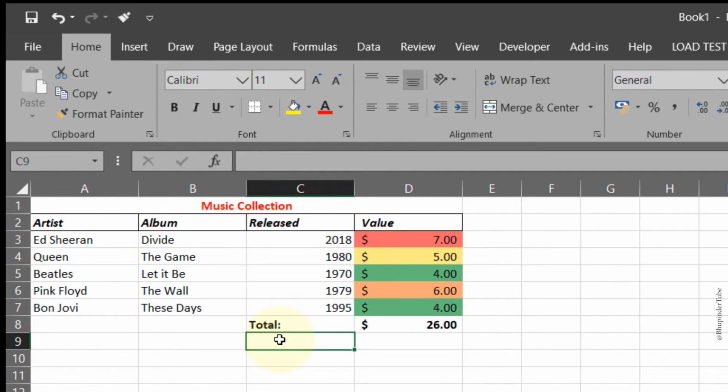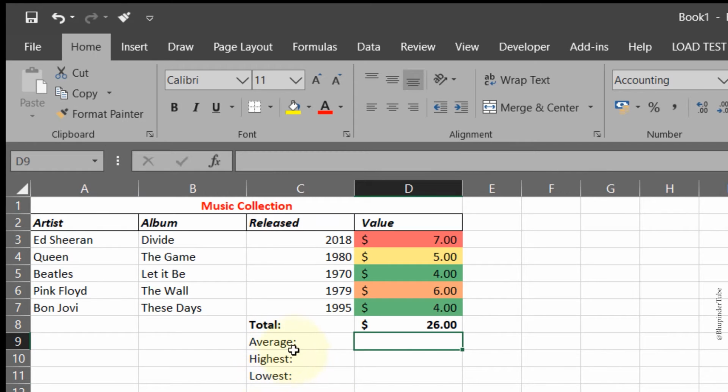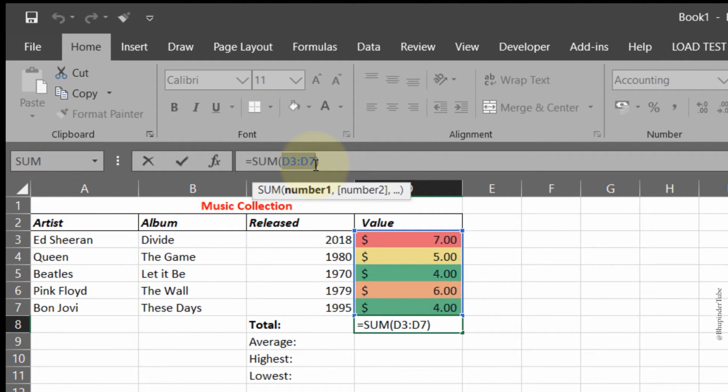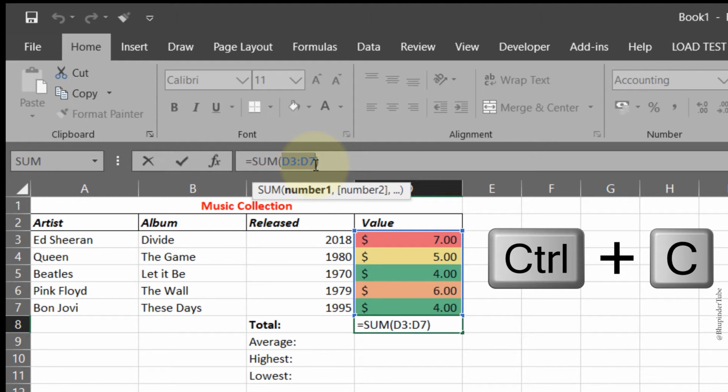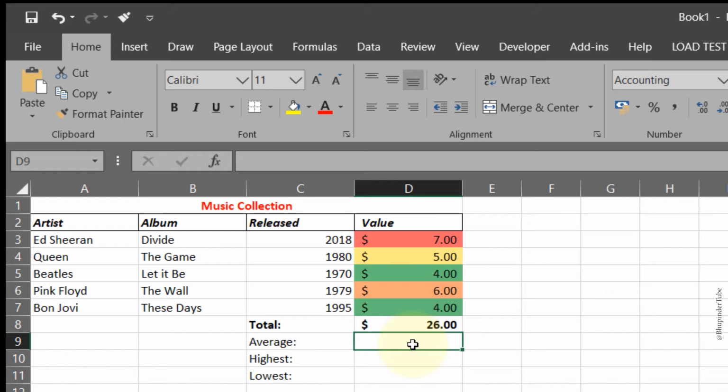Other things that we are interested in are average, highest, and lowest. Another way to enter into a cell without moving your finger from the keyboard is by pressing F2, and then automatically it will go inside the cell and put the cursor at the end. So each one of these would have a different formula, but the range that we will be selecting would be the same. So we go to this formula that we already created, we go up here, we select the range that we want to apply to different formulas, then we press Ctrl and C to copy that, and then press escape to leave that cell intact,